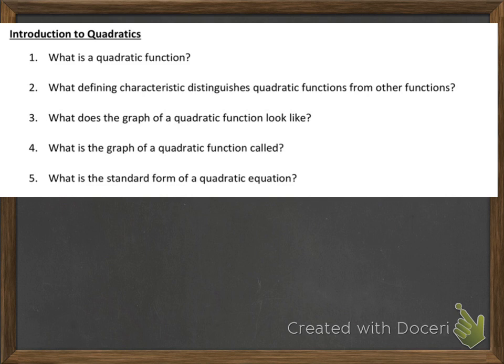Well, a quadratic function is a special type of polynomial whose highest power of x is 2. So in other words, if you have a polynomial that has x cubed or any other higher power of x, then we don't have a quadratic function. If we have a function whose highest power of x is just x, then we have a linear function. So again, polynomial and the highest power of x, or the highest power of the variable, is 2. Okay? So the defining characteristic that distinguishes quadratic functions from other functions is that they always have